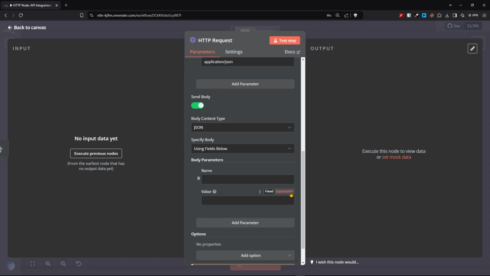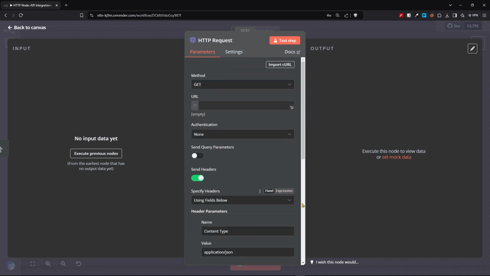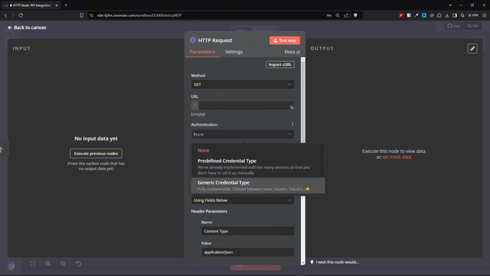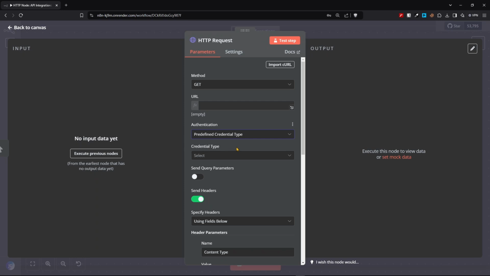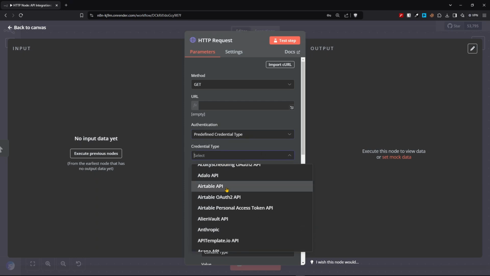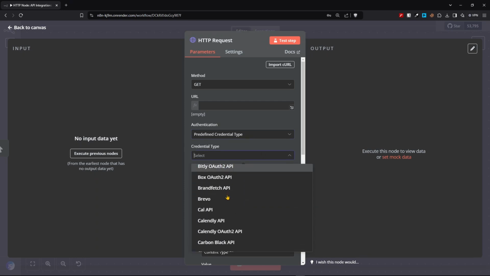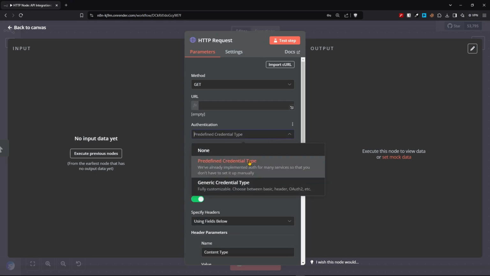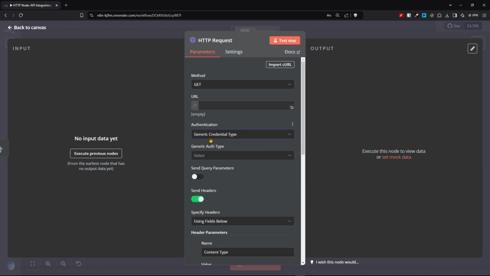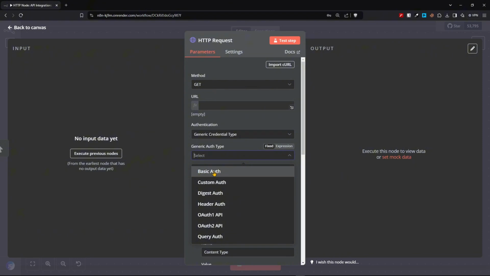Next is the authentication, which supports various authentication mechanisms. In n8n, there are two options we can use: predefined credential types and generic credentials. Predefined credentials are pre-built API integrations provided by n8n for instant use, available for a lot of different API endpoints made available to us. Then, we have generic credentials that are fully customizable by setting up parameters such as